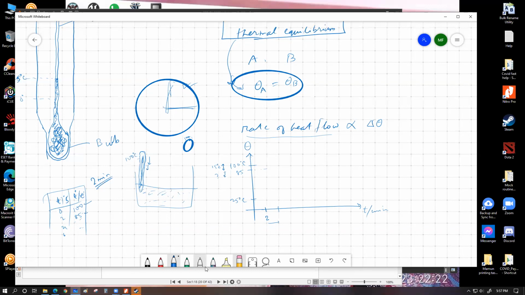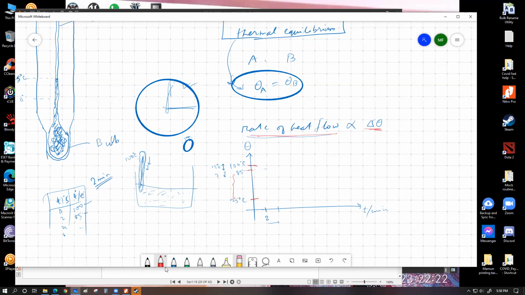whenever we started at the beginning, at the starting value at t equals 0 second or 0 minute, the temperature difference between the ambient and the hot water was 75 degrees Celsius. For that starting temperature, you had a temperature drop of 15 degrees Celsius over a duration of 2 minutes. After the 2 minutes, now you have a temperature difference between the water and the ambient of how much? You have 60 degrees Celsius, which means the temperature difference is low, which means the rate of heat loss or rate